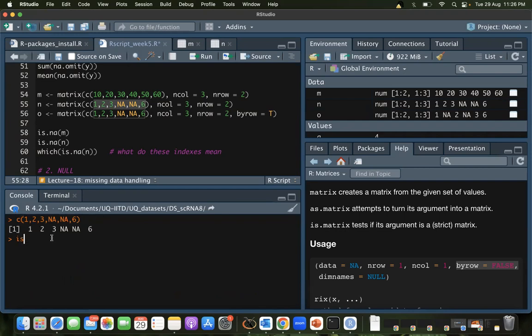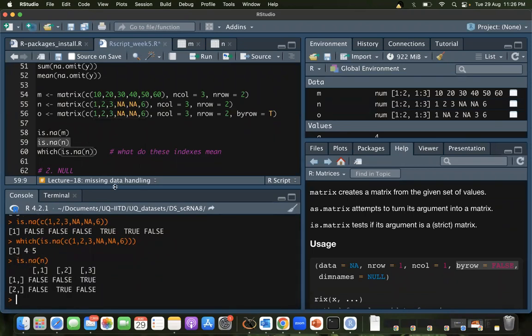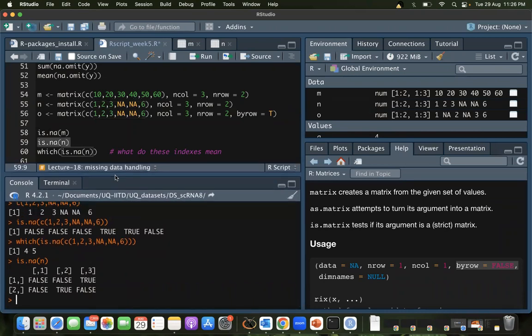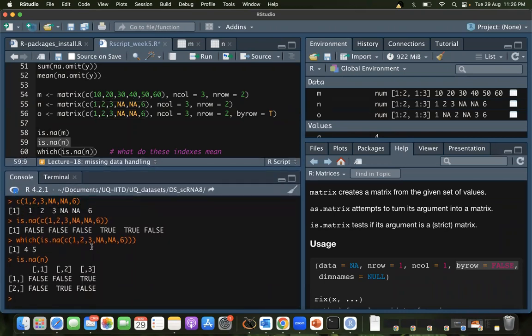Now if I did is.na on this thing here, and if I also wrote which, this gave me 4, 5. Now this also gives me 4, 5, right? Now can you tell me what has happened? Slightly confusing, but think about it.